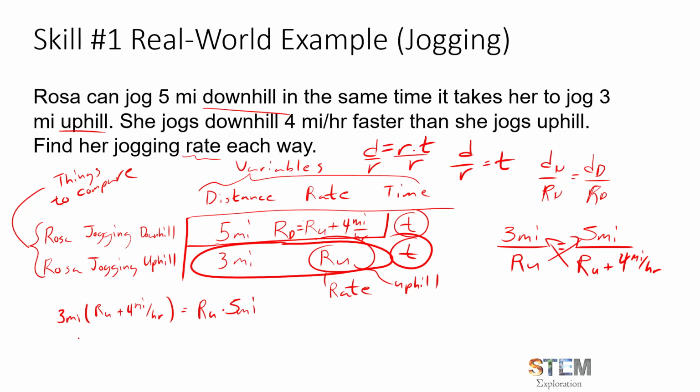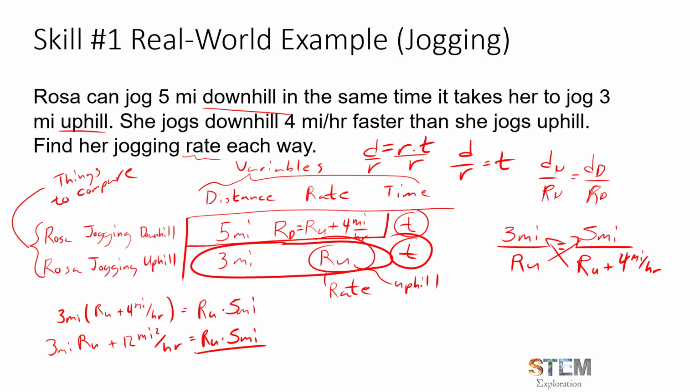We'll get 3 miles times RU plus 12 miles squared per hour. No, the units are kind of working out weird here. That's okay. This is going to work out, trust me. And the reason I know it's going to work out is now that I divide both, I want to figure out what